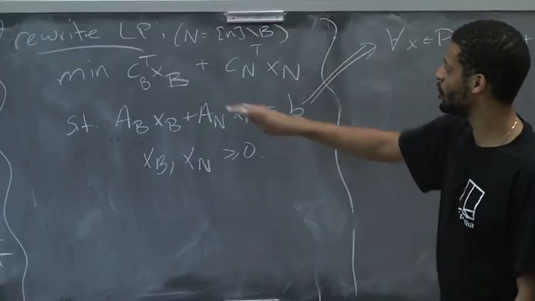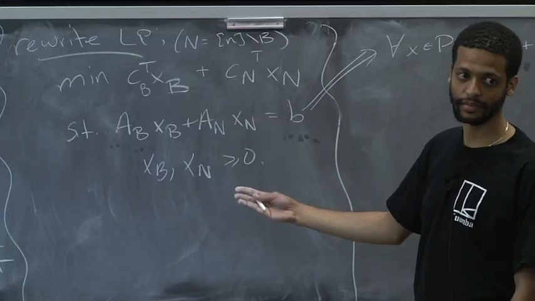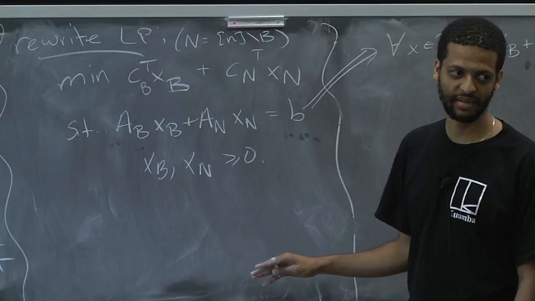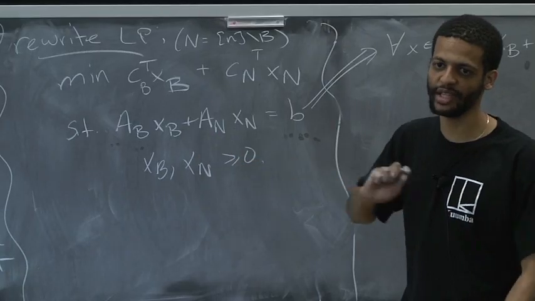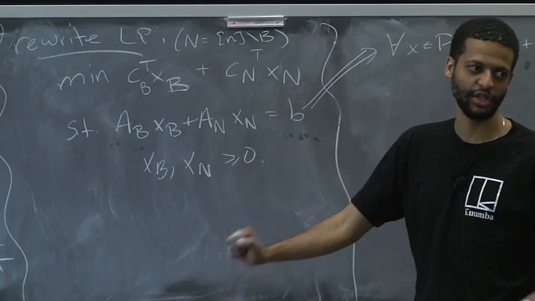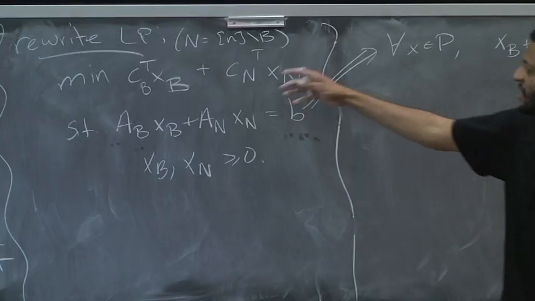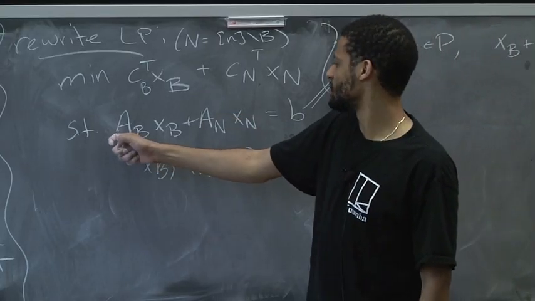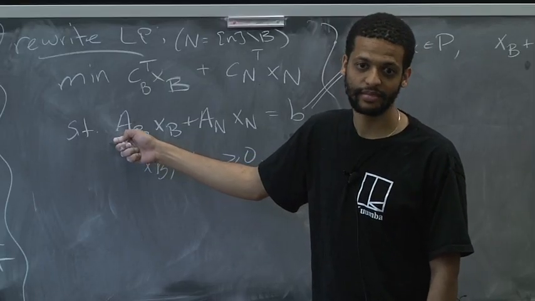And now you can rewrite the original LP in this way. Sorry, this is not a base for x, B is a base for some vertex. Fix it. Rewrite the LP in this way. Just break the coordinates into two, and partition them: the ones in the base and the ones that are not in the base. We haven't lost anything. And now I can just multiply this equality by AB inverse on both sides.